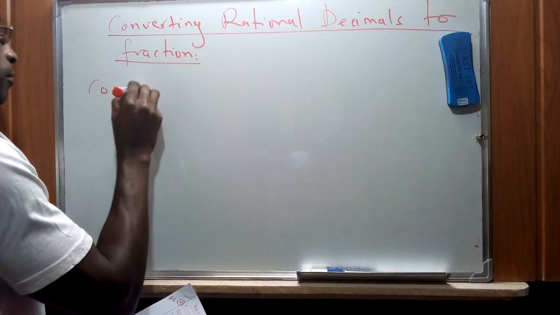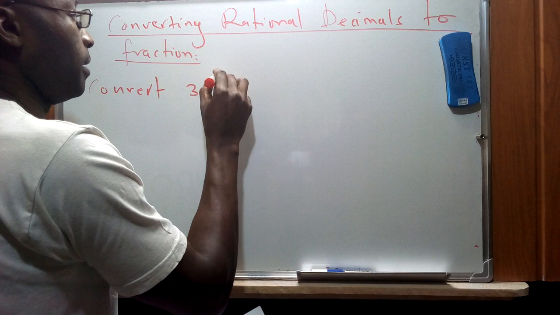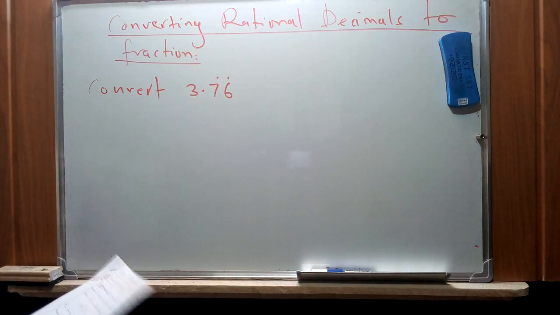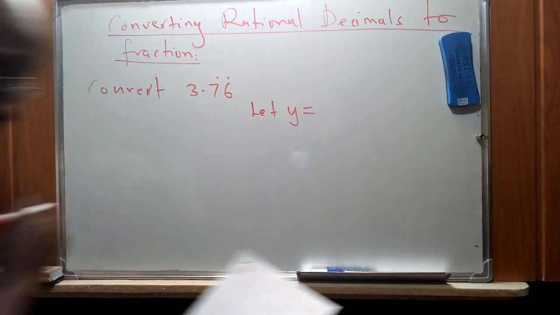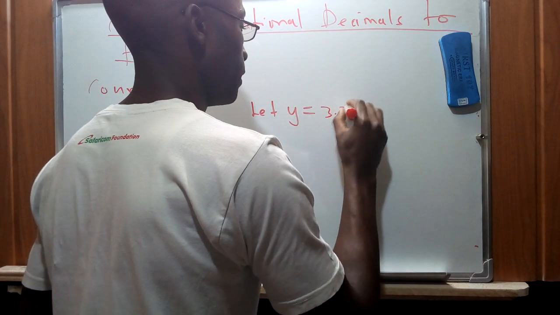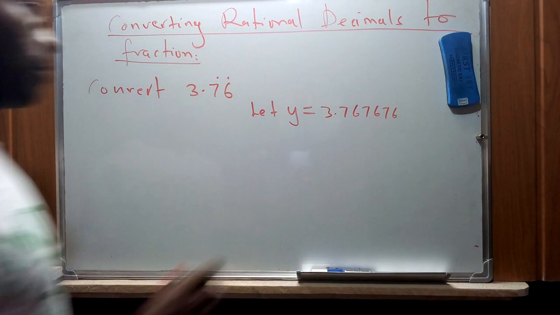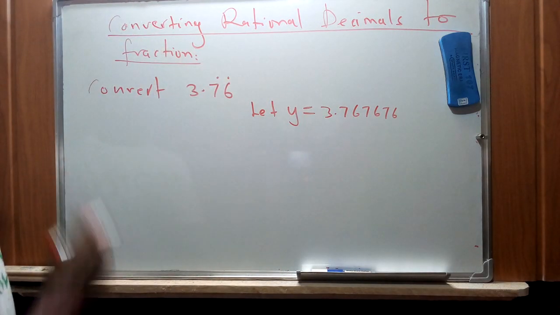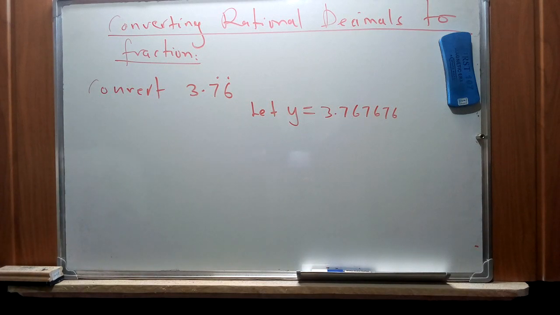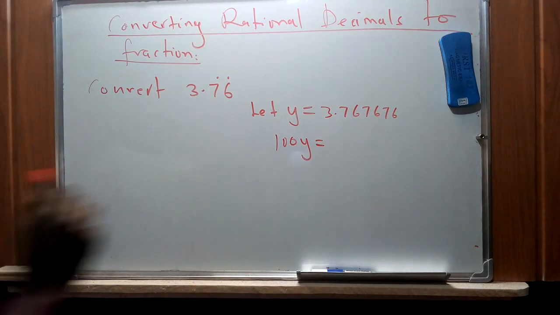So if we are asked to convert 3.76 repeating, this implies that the 76 are repeating, so let y be 3.767676... Since there are two decimals that are repeating, we'll have to use a power of 10 that is going to multiply those decimal fractions and bring them to the left side of the equation. So we shall have 100y equals